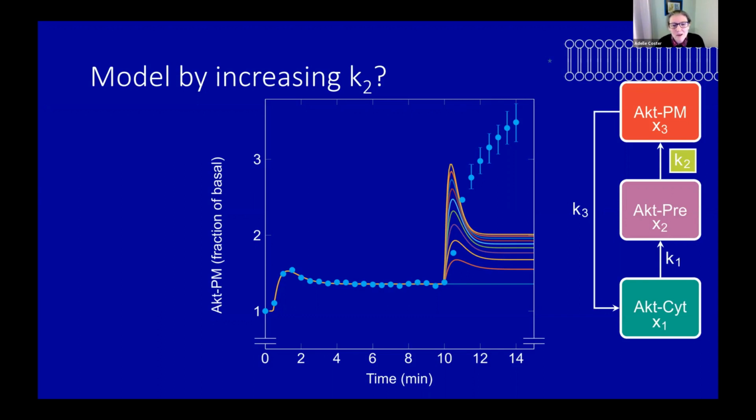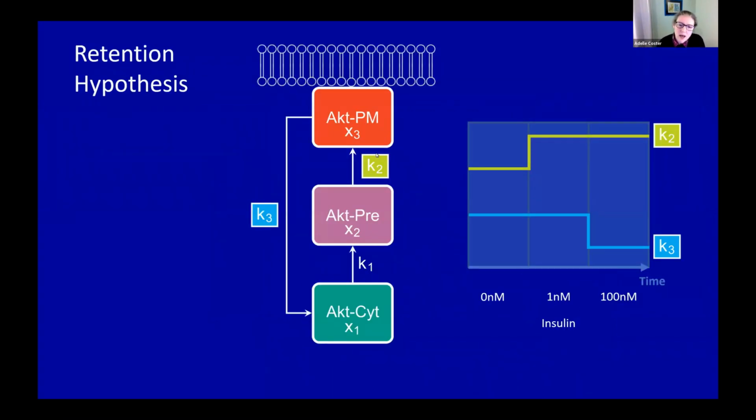So our next assumption was to say, well, we know that changing K2 when you apply physiological insulin allows us to model that physiological step. So our K2 value is fixed to a certain value in the basal state, and then it steps up when we take and apply insulin to the system. So we're going to leave K2 as it is, right? So this is a retention mechanism we're trying to model.